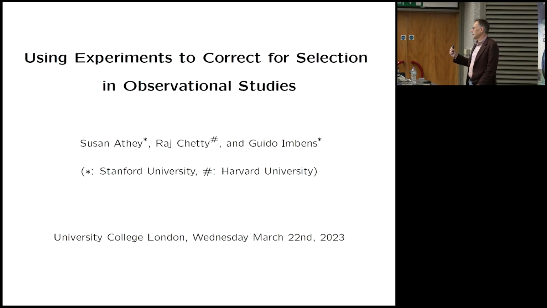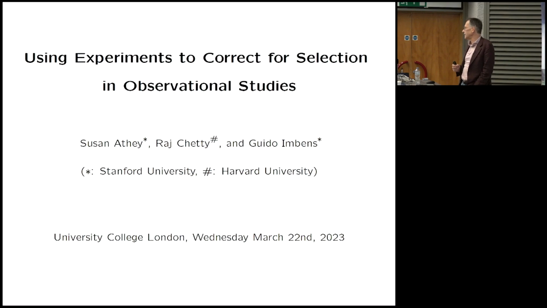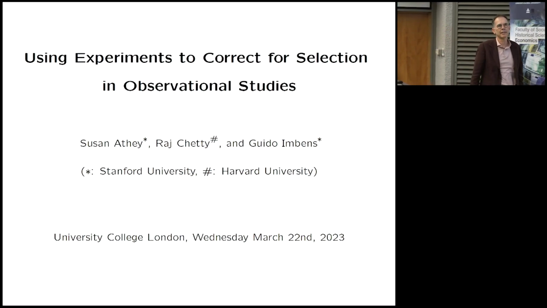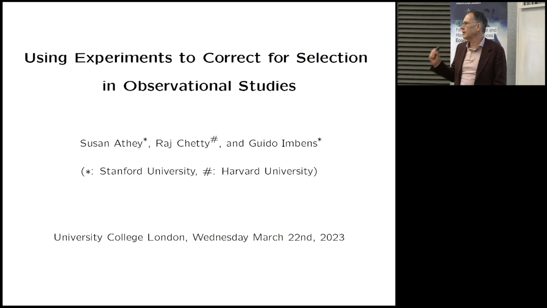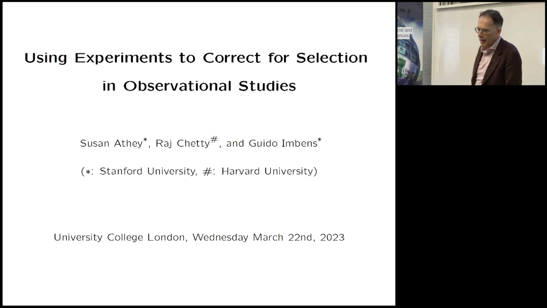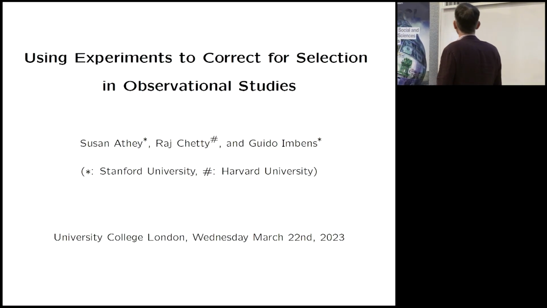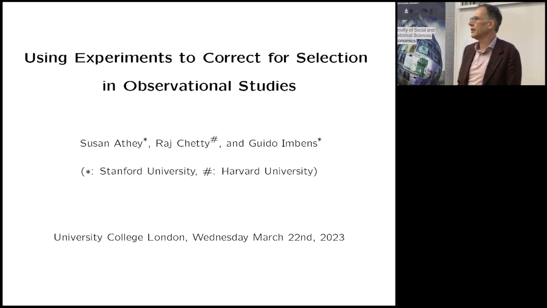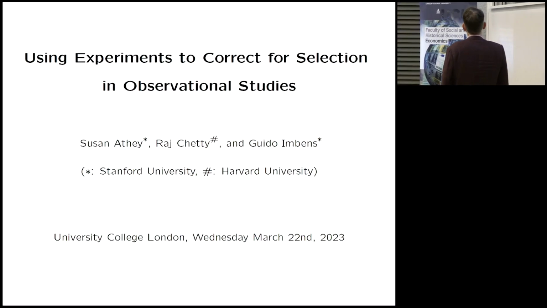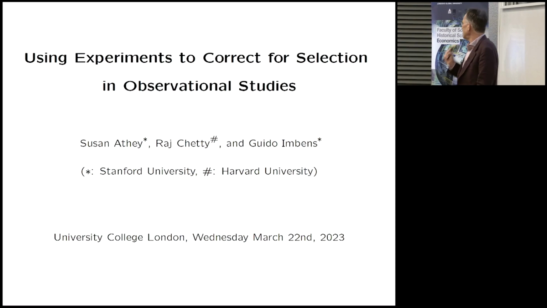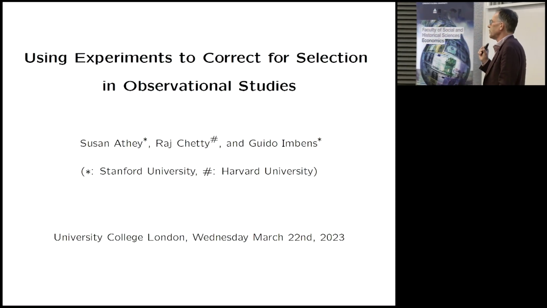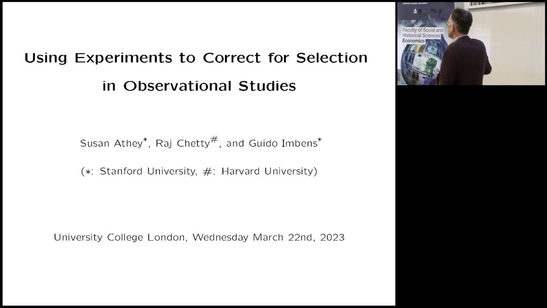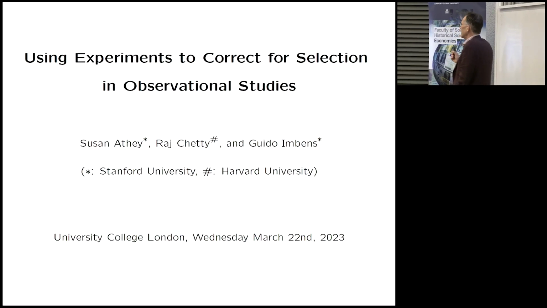Raj had been involved in some experiments, but was also doing lots of studies with big administrative data, and Susan was running a lab at Stanford, involved in running particular targeted small experiments. At that time, I was also talking a lot to people at some of the tech companies, looking at doing experiments, but also exploring the benefits of some of the big observational data sets they had. Here, we're going to look at two relatively narrow, specific settings, but part of this is thinking more generally about how we can systematically